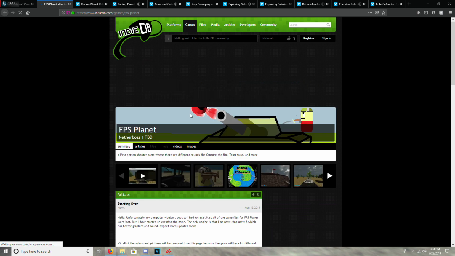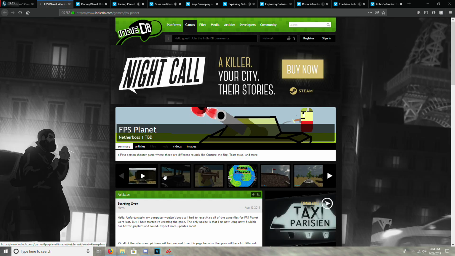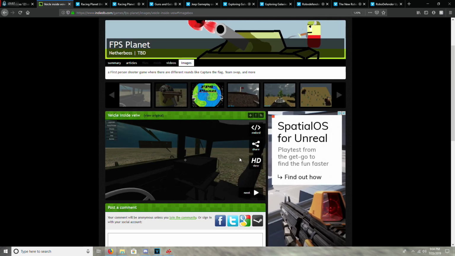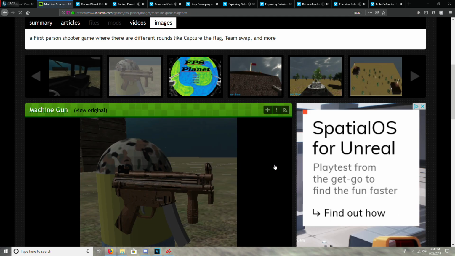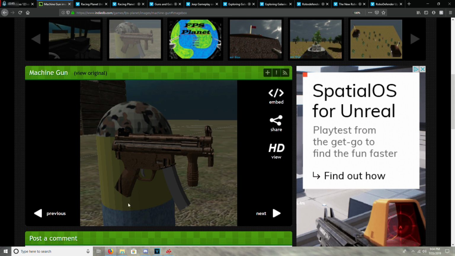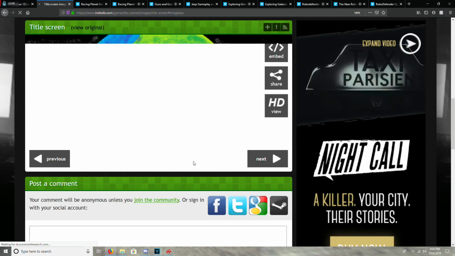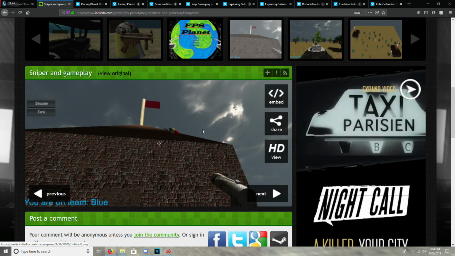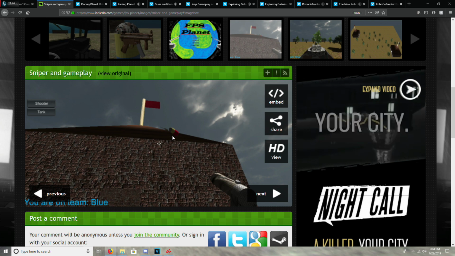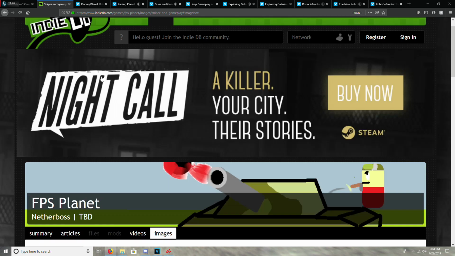But yeah, I made an 80dB page? Wait. Oh, here we go. I could show you guys some screenshots. So, this is the game. I had a Jeep. These are all the players because I couldn't model, so I just made them capsules with hats. Here was the menu that for whatever reason, I don't think I ever put into the game. And then there's a sniper, somehow, who got on top of the building.